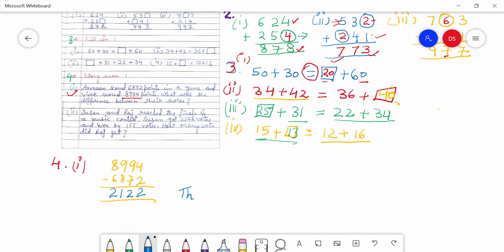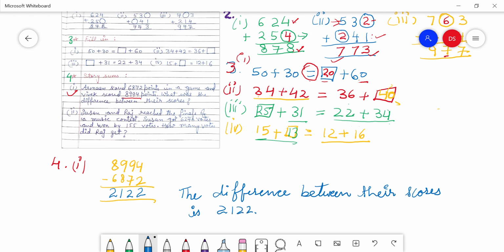The difference between their scores is 2,122. Now we will do the second question. Suzanne and Raj reached the finals of a music contest. Suzanne got